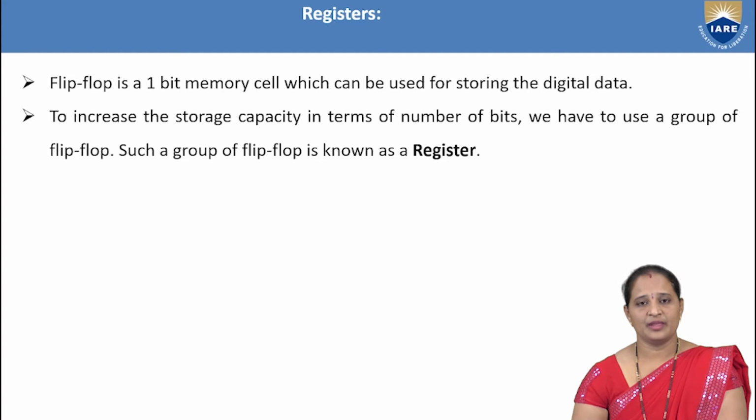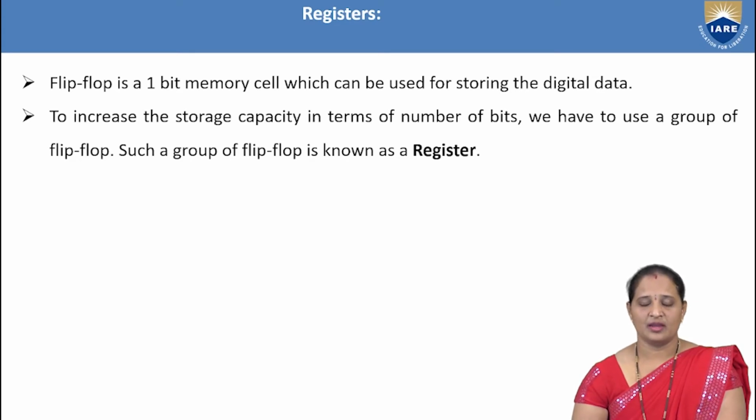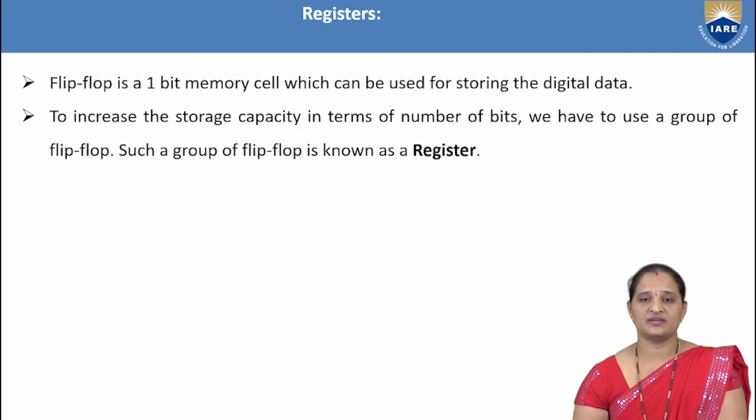For example, if we want to store 3 bits of data at a time, then we need to cascade 3 flip-flops together. If I want to store 4 bits of data at a time, then I have to cascade 4